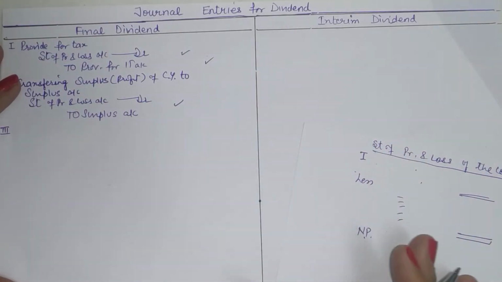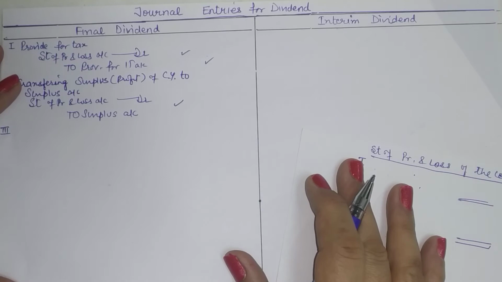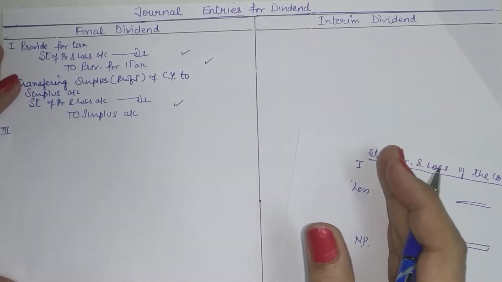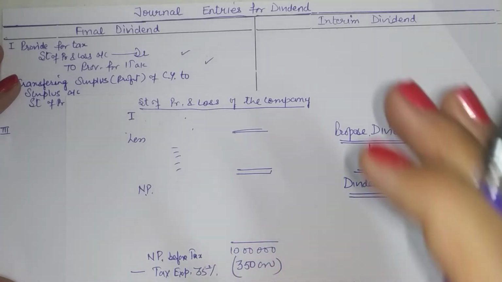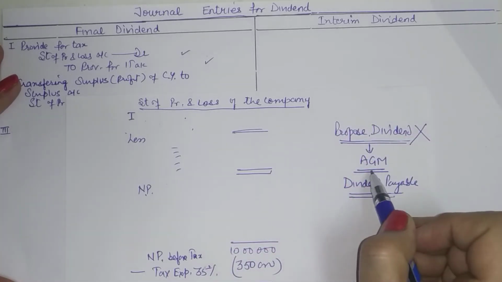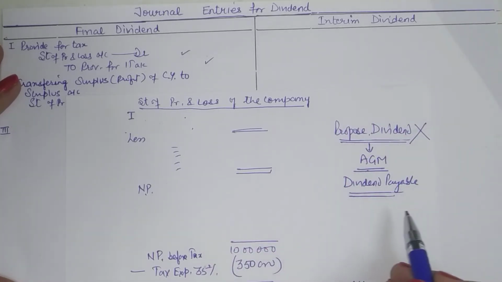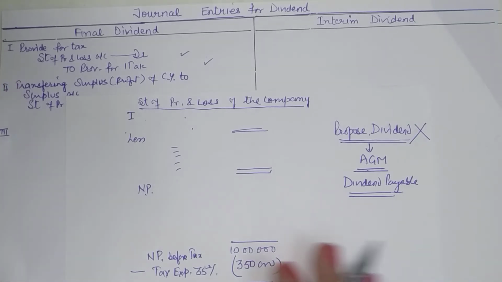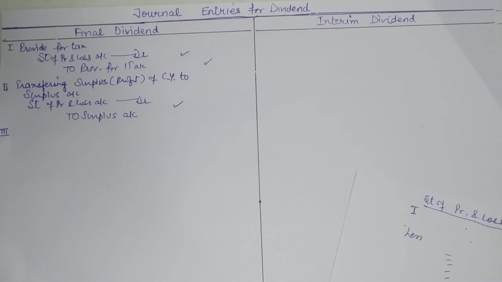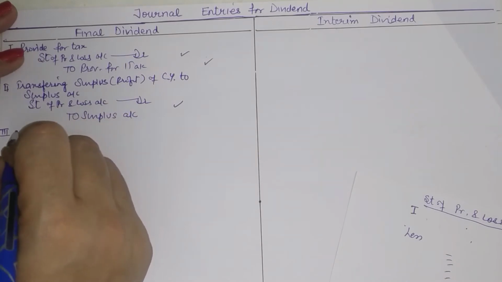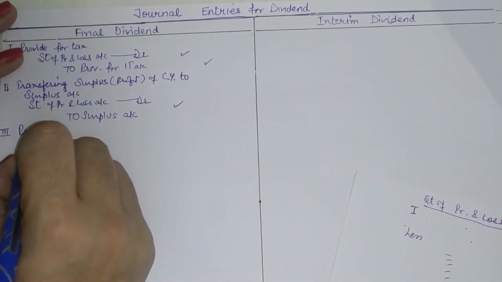But at the end of the statements, after all the notes have been written, you will just add one more note that proposed dividend of the year is this much. But if this dividend is approved by the shareholders in their AGM, that is in their annual general meeting, then it becomes payable and we account for dividend payable. So if dividend payable is there, which is duly approved by the shareholders, then we will pass the journal entry. So now we will be providing for